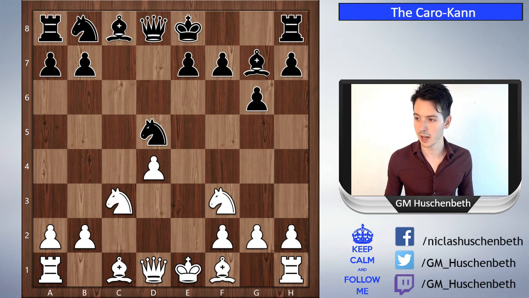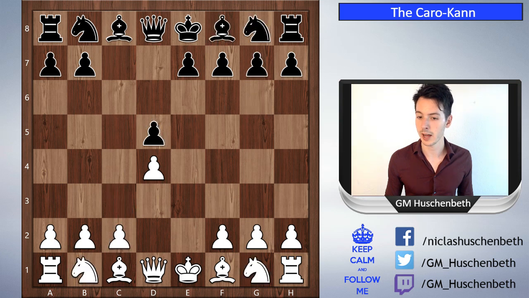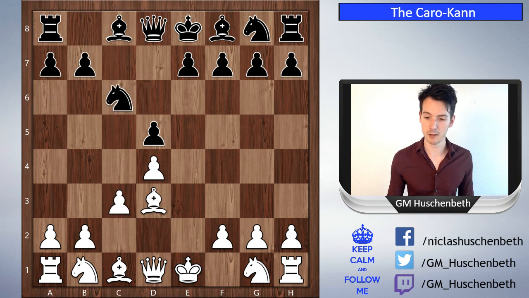Now let's come back and talk about the alternative White has in this position, which is not to play with c4, but to play it quietly: bishop to d3, knight c6 and c3, and then develop his pieces from there. Why bishop d3? To stop